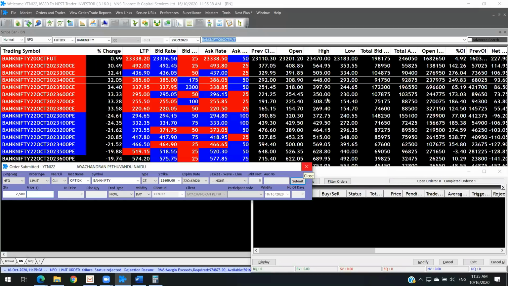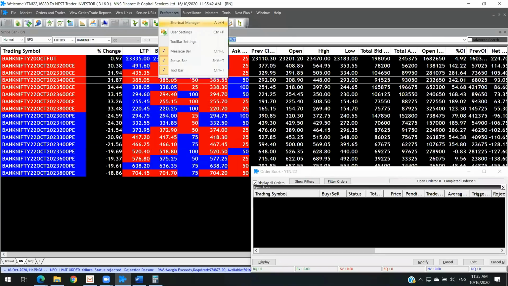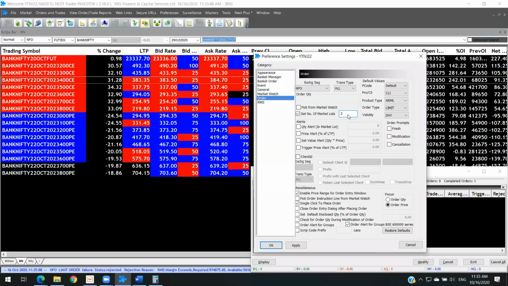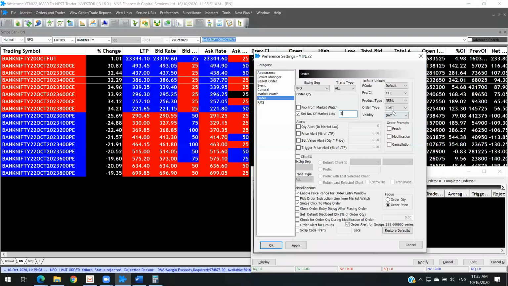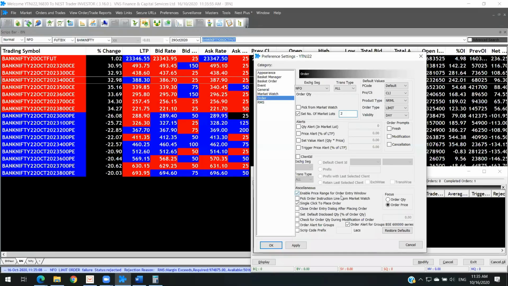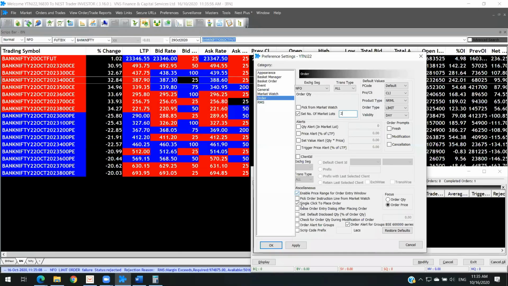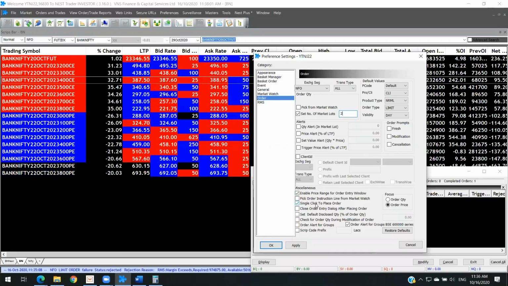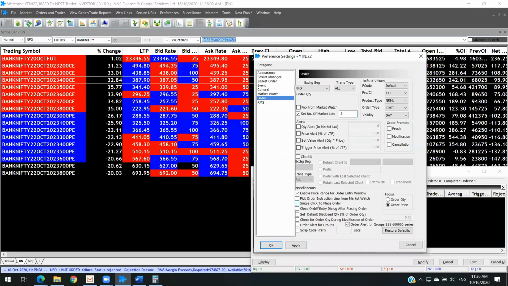Okay, so in a particular order, you will be able to choose up to 100. For example, I'm currently going to choose 2. Next, what are the other things I need to see? Click here, enable price range order window entry, check mark this, and then single click to place an order. This will save a few seconds of trade. If you're not enabling it, it'll ask for confirmation.